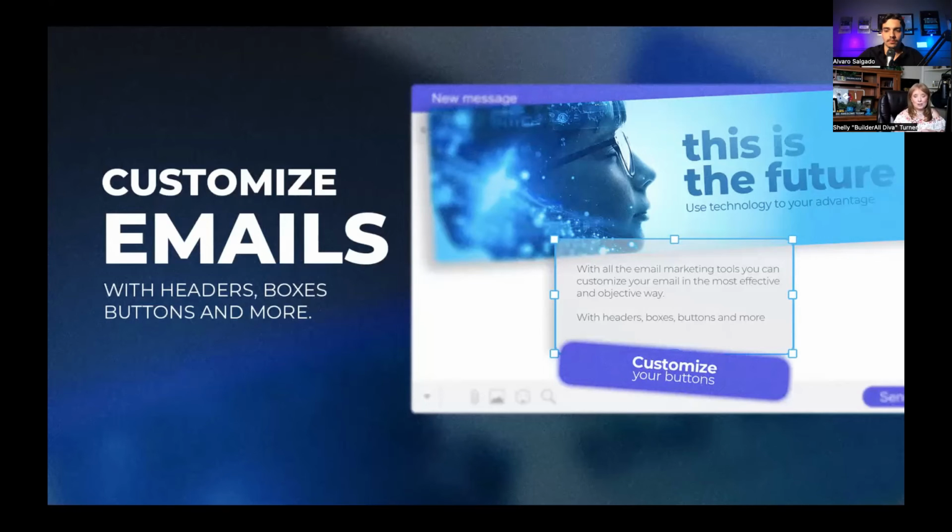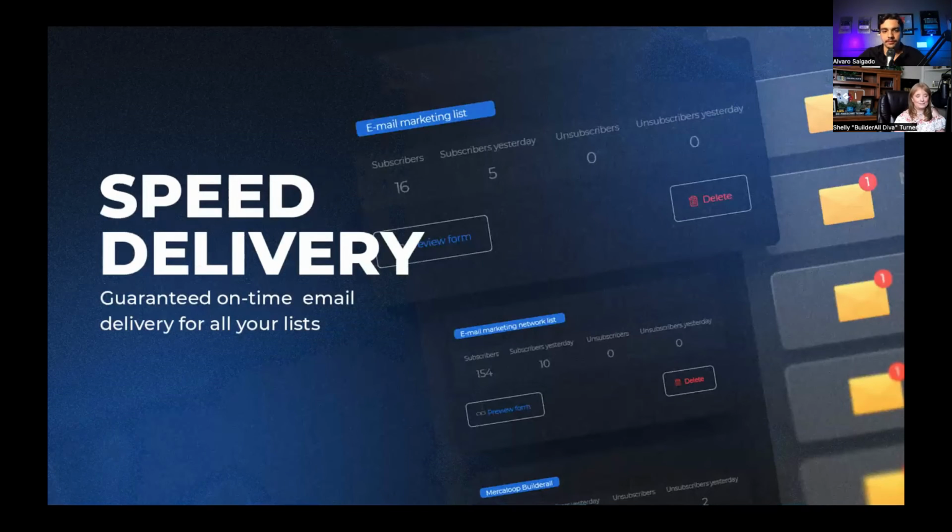You can customize your emails. I've already kind of referenced this already. When you go in there to create your emails, you can create beautiful headers. You can add images, you can add text, you can add buttons with links, all kinds of neat stuff. And all of this is customizable to make sure everything is branded to you and your business. It's a designer's dream, and it's really, really easy to set up and use. Yeah, you can make your emails congruent to your pages, your ads, and everything else. That's right.